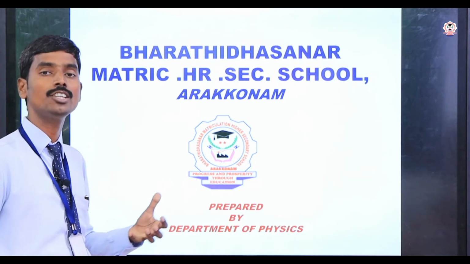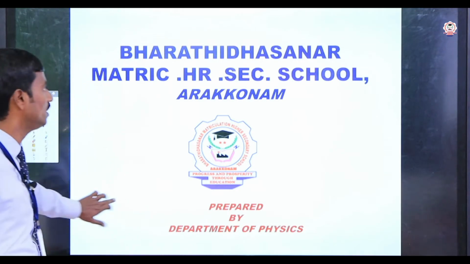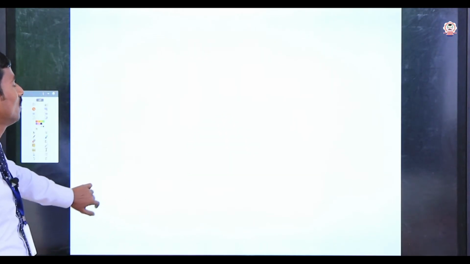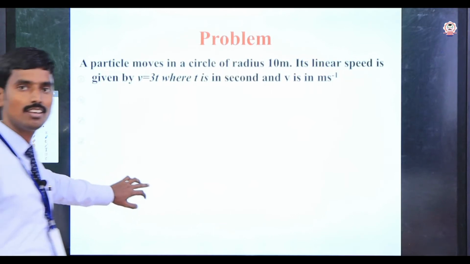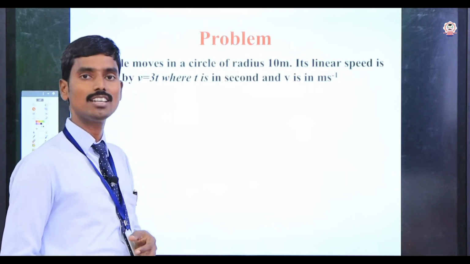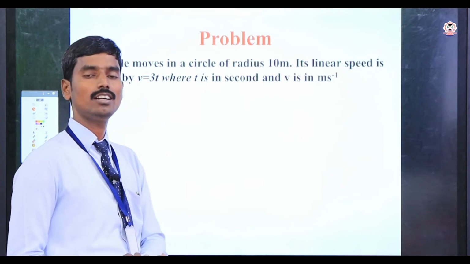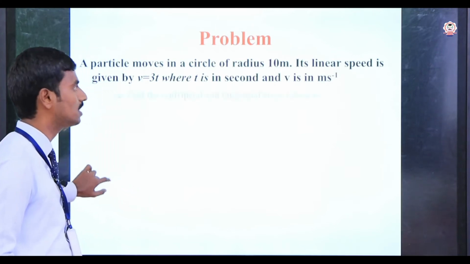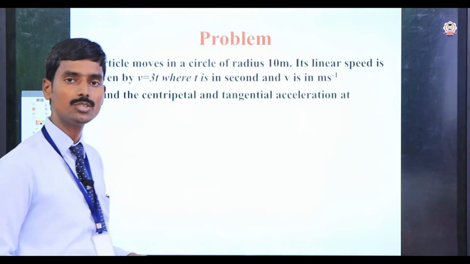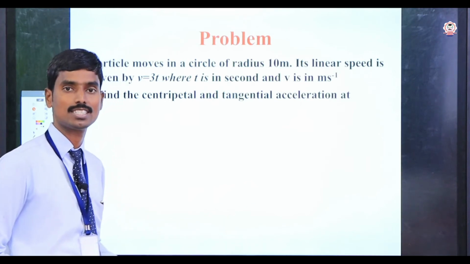Today I will discuss a very interesting topic, NEET and JEE problems. Already we know the basic concept of kinematic equations. What is the formula for kinematic equations? There are four very important formulas. Velocity-time relation: V equal to U plus AT. Displacement-time relation: S equal to UT plus half AT square. And velocity-displacement relation: V square equal to U square plus 2AS.